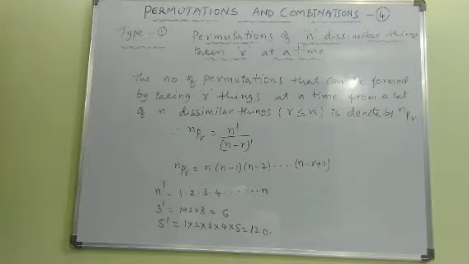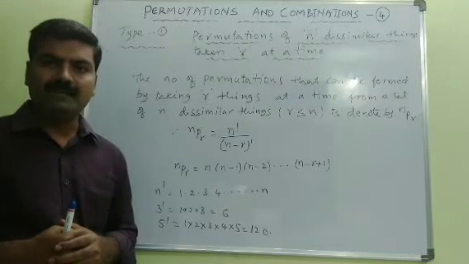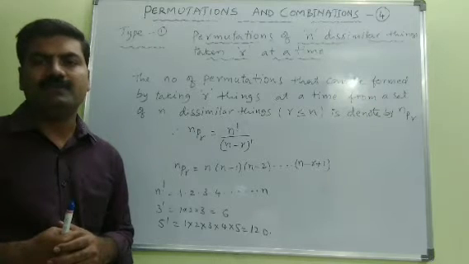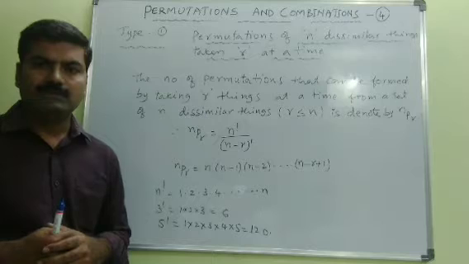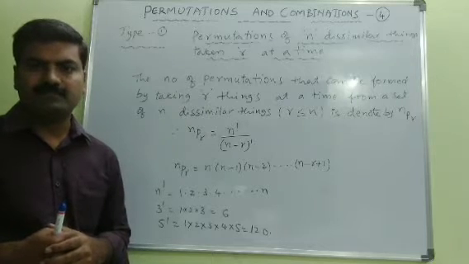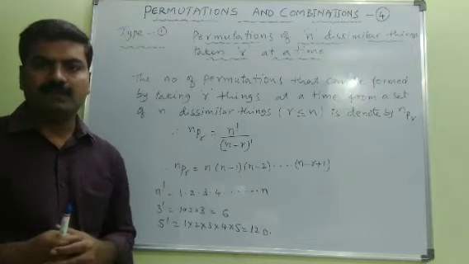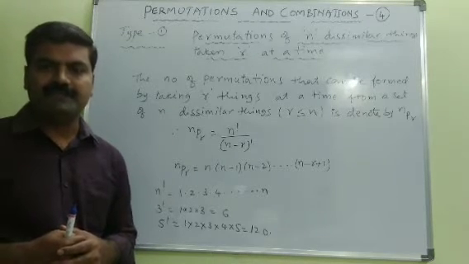So these two principles, the first principle and second principle, that is the addition rule and multiplication rule, will be very helpful to us for solving a problem. Okay, so now coming to the first type of permutation, that is linear permutation. In this video, let us discuss linear permutation in detail.